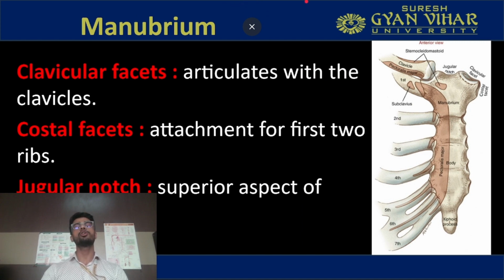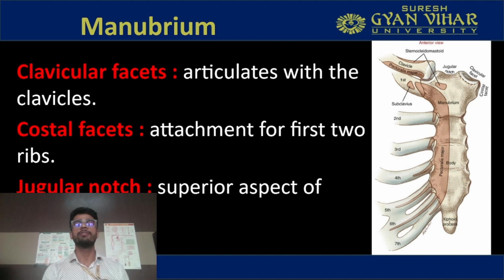There are some important things that we must know about the manubrium, because this is the part of the sternum that forms a very important part of the shoulder complex, the sternoclavicular joint. The sternoclavicular joint is formed between the sternum and the clavicle. To be very specific, the manubrium part of the sternum and the medial end of the clavicle come together to form this joint. There are 3 important things that we must know about the manubrium.